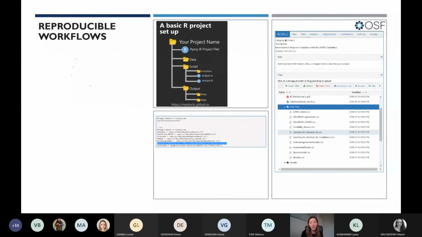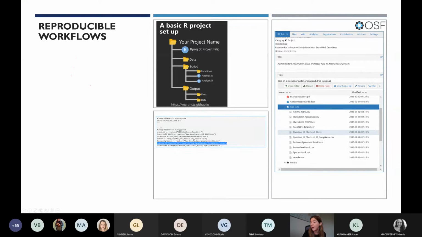If you use R, the first step to becoming more reproducible is to use R projects. So this is a basic R project setup. It's just something you can do when you open up R. You can just create a new project. And the idea of it is that you have all of your scripts, all of your data, all of your outputs in one folder, and you can refer to it really easily within R by just saying, you know, raw data, my file, and then data, this file. You can just keep everything in one place, and it just makes everything really tidy and easy to share later.